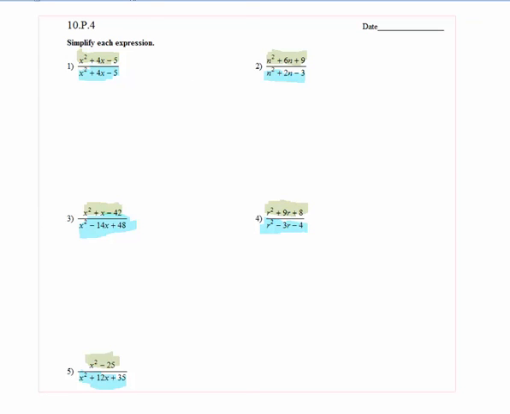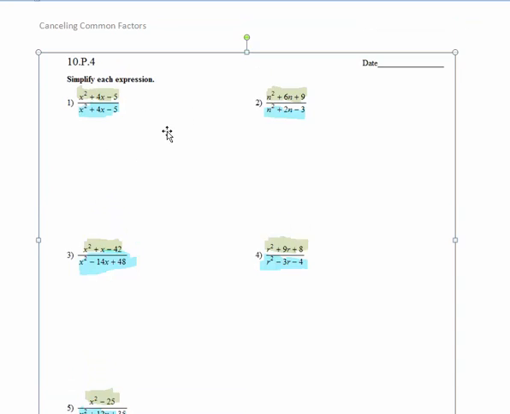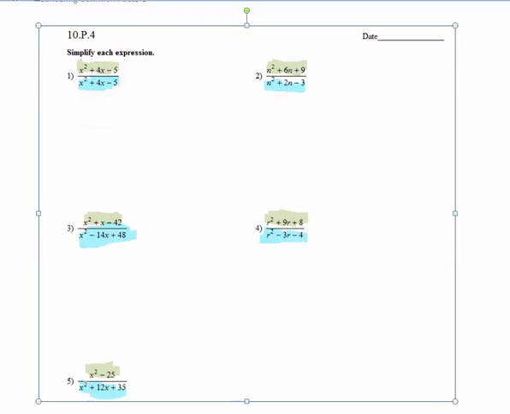Hey, if you're watching this, you're looking for information on canceling common factors, which is 10.P.4 in your math portfolio. Let's get started. If you notice, there are two different colors on this, there's green up top above